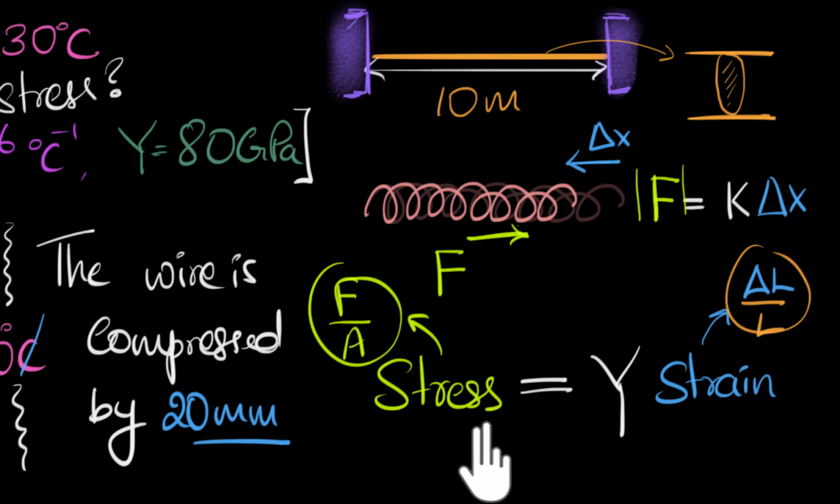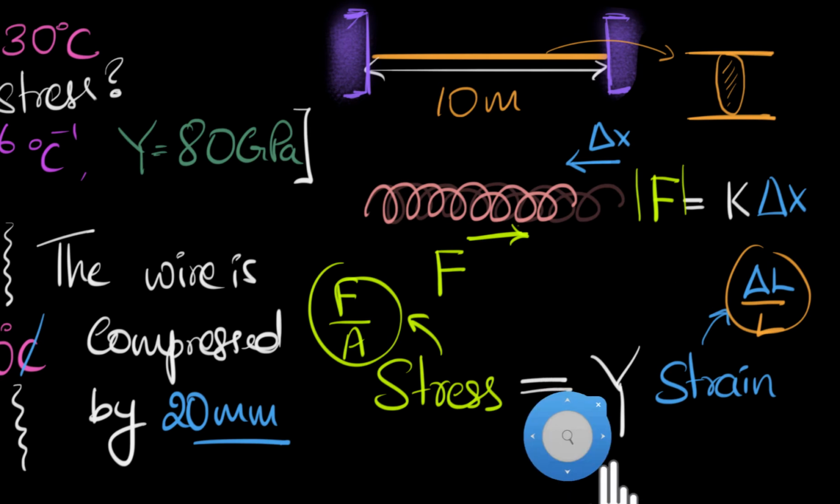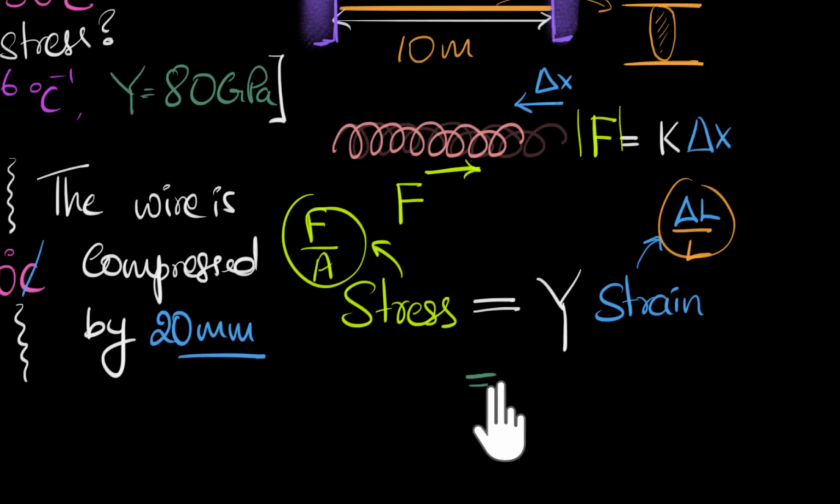Well, let's see what we know. We already know what Y is. That's the Young's modulus. We know delta L. That's 20 millimeters. We also know the initial length L, 10 meters. So we can just go ahead, plug in, and calculate what the thermal stress is. So let's just do that. Let me make more space over here. All right, so if we plug in, we get 80 gigapascals